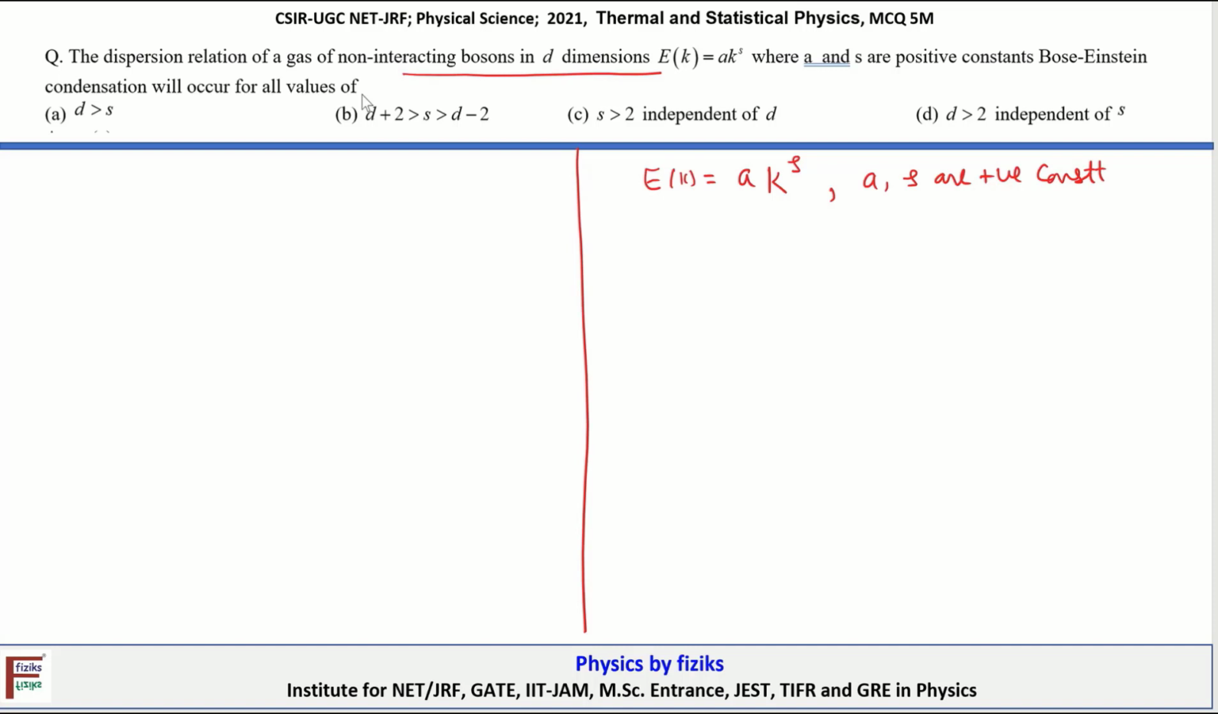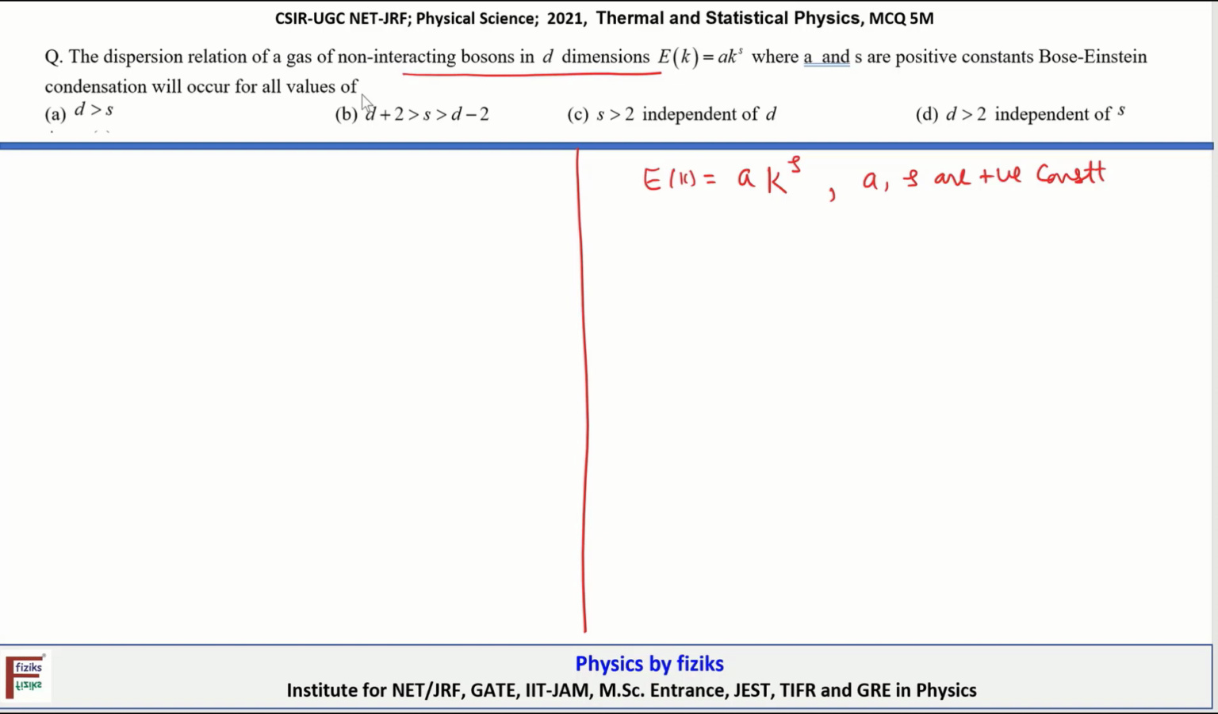Okay, so Bose-Einstein condensation will occur for all values of... so we have to find the appropriate relationship between d and s such that the Bose-Einstein condensation takes place. Before we try to discuss the solution for this problem, let me just summarize some of the important conclusions related to the Bose-Einstein